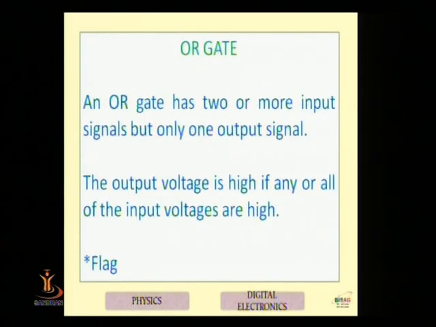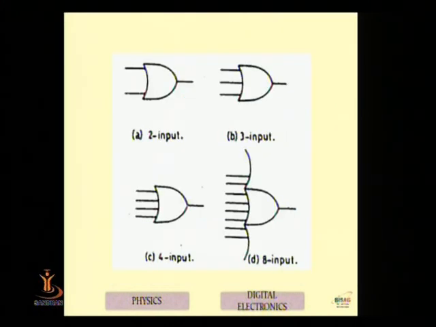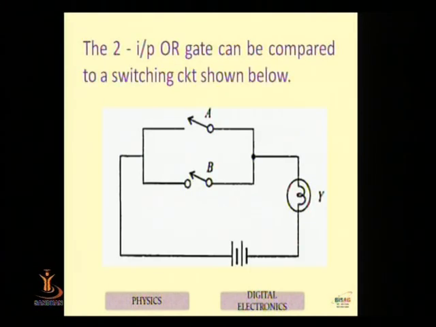Here is the OR gate. OR gate means a parallel connection of two switches. The characteristic of the OR gate is that if you apply any input as 1, you will get output 1. So this is the symbolic presentation of the OR gate. You can apply 1 input, 2 inputs, 3 inputs, n number of inputs at the input side, and you have only one output. As I told you, it is a parallel combination of two switches. If any switch is closed, your lamp Y will glow.